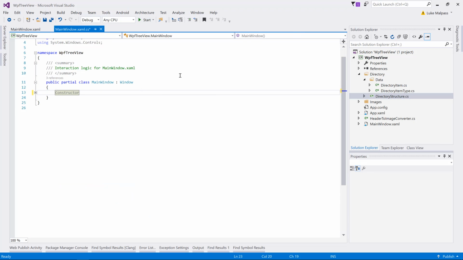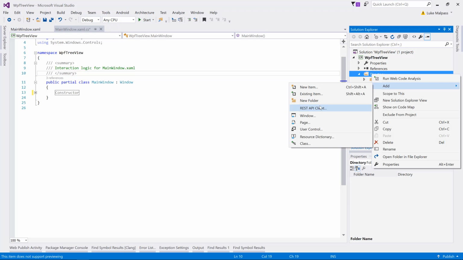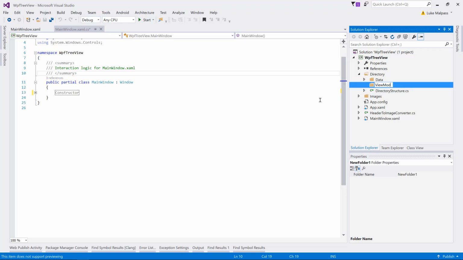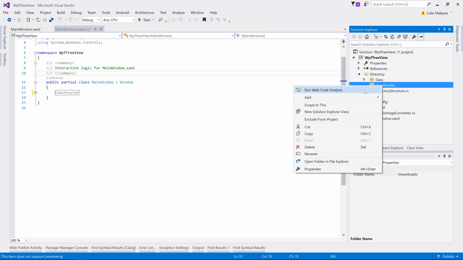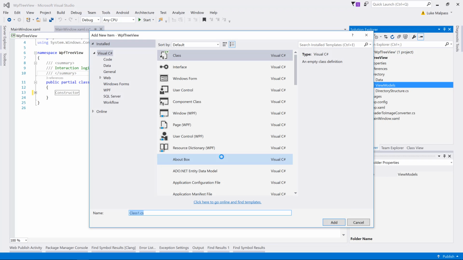So this is where the view models come into play now. This is where you need the bridge gap, if you will, between the data and the view, and that's what the view model does. So we'll create a view model now. You're going to need one for this directory item. So let's create another folder in here called View Models. And then we'll create another class, and we'll call it